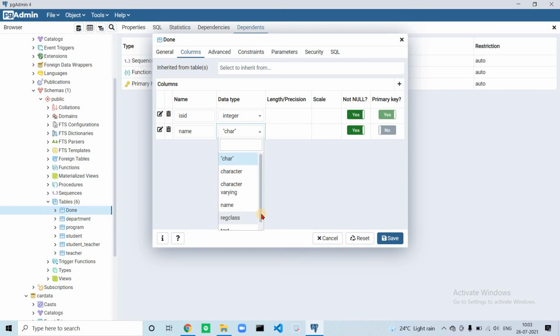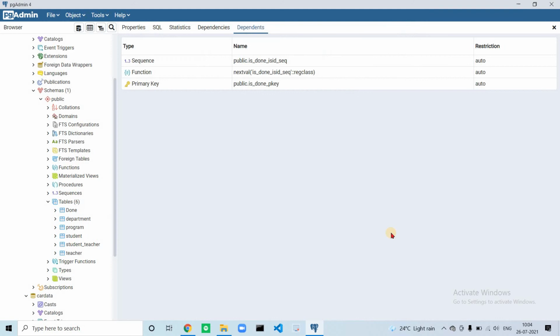It won't show integer data types in the drop down. In a previous tutorial I showed what to do in this case. Let's switch this to the text data type and save.